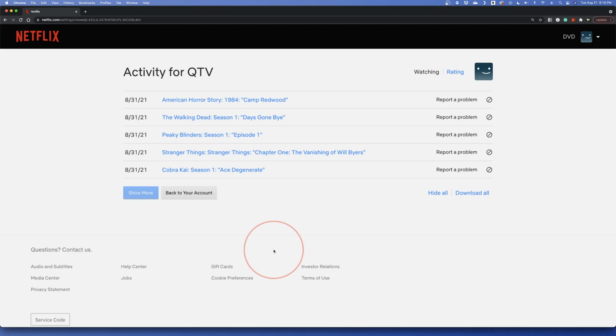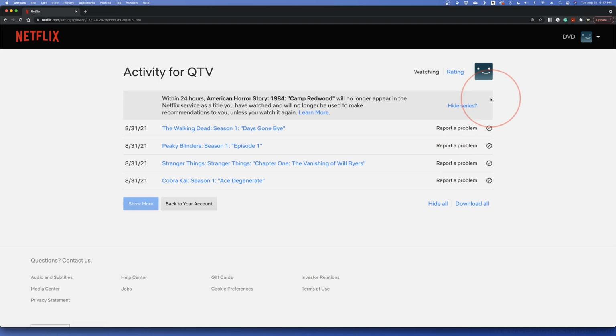Here you'll see all of the activity for that Netflix profile. From here, you can go through and hide titles from your viewing activity. If the title is from a series that you've watched, it'll ask you if you want to clear everything from